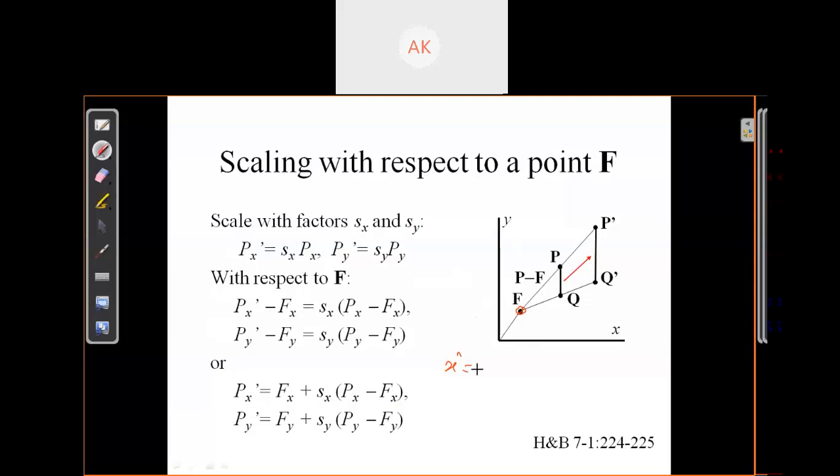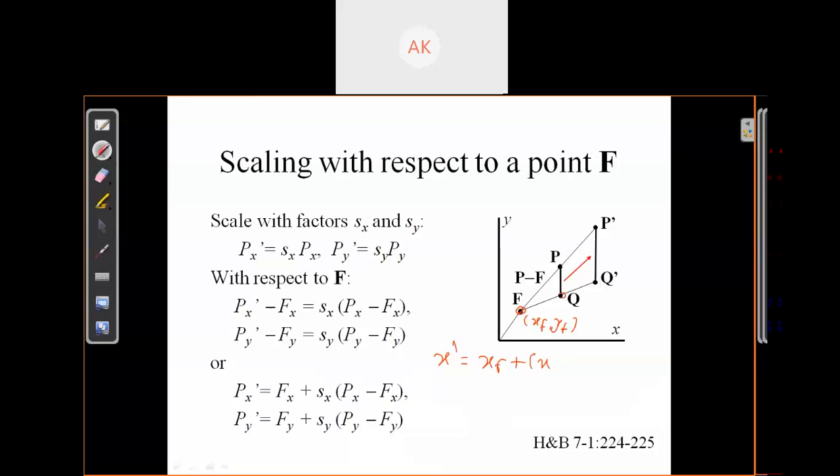The coordinates of F are xf and yf. This is the fixed point coordinates, xf and yf. So you will write x dash equals xf plus